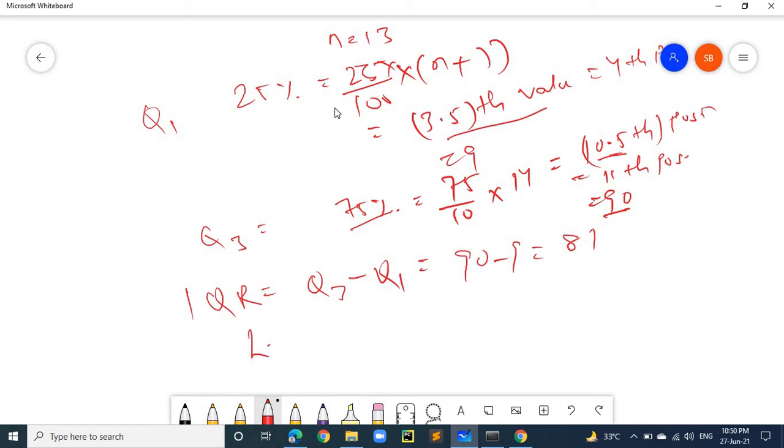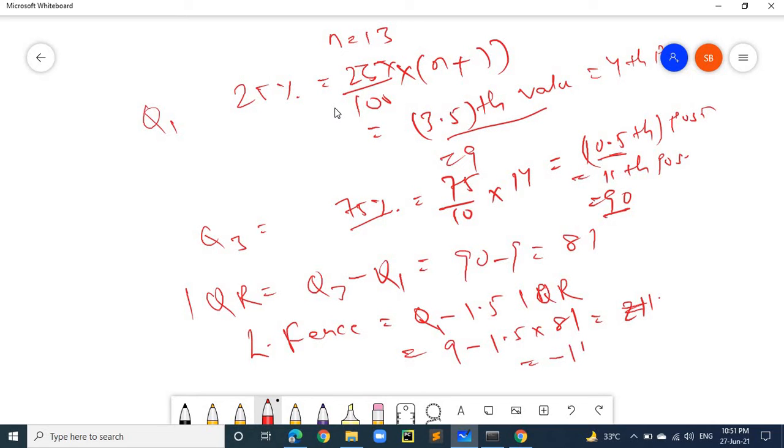Your lower fence is Q1 minus 1.5 times the IQR. Q1 we have calculated is 9, so 9 minus 1.5 into 81 gives negative 112.5. This is the lower fence.